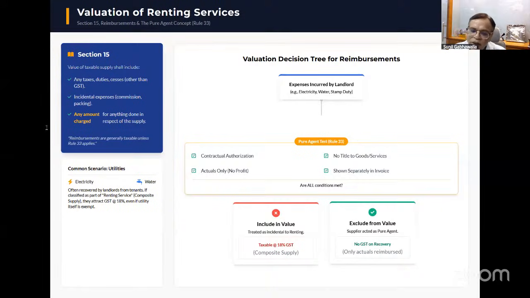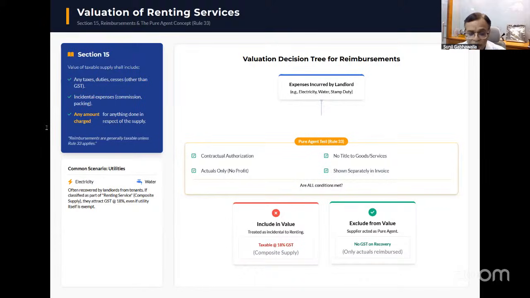And we are aware that the pure agent test has four broad conditions. There has to be a contractual authorization by the tenant to the landlord to make the payment. The amount has to be recovered at actuals. The landlord should not hold the title to goods or services, and the amount should be shown separately in the invoices. Typical situations are that there is an electricity recovery and there is a water recovery,